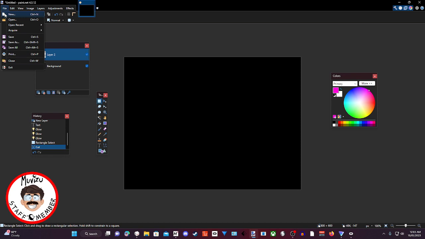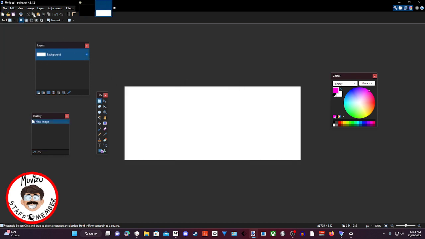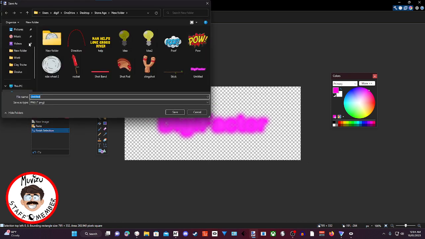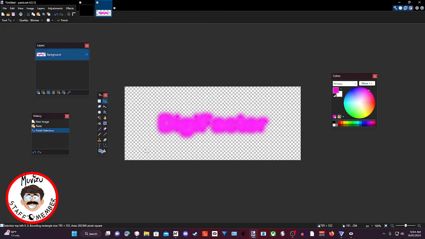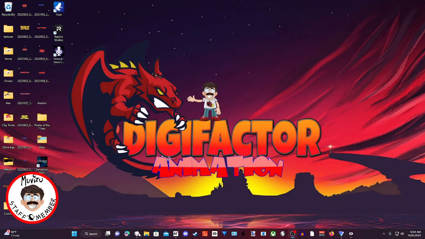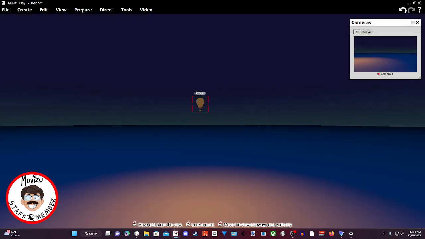We'll go to File, Create New. Click OK, and then paste that in there. Now we have the text with a transparent background. Okay, now we're going to save that. So we'll go to Save As, and I'm going to save it right here. I already did one before. I was practicing, making sure I remember how to do it. So we'll overwrite that one. Okay, once we get that overwrite, click OK. And then we can close out paint.net and open up, not Muvizu,